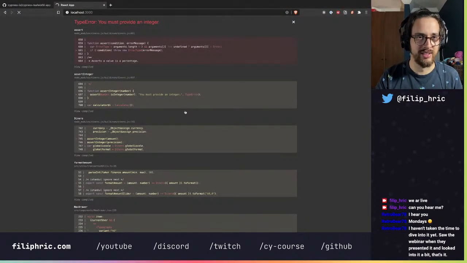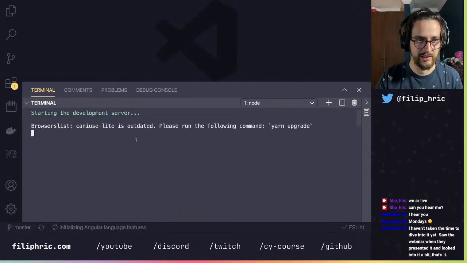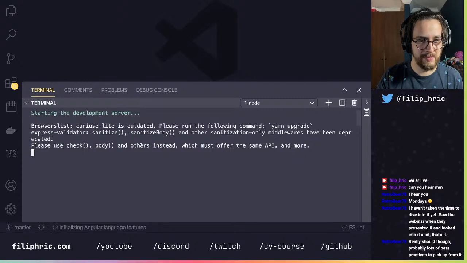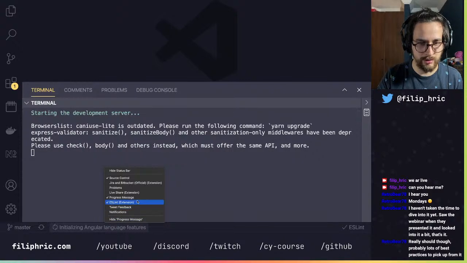Oh my god. What's happening? Oh, okay, it's just browserslist. Can I use lite is outdated? Doesn't seem like this should be a problem. Okay. Can I kill this or what can I do?